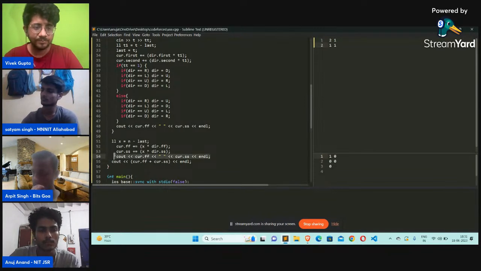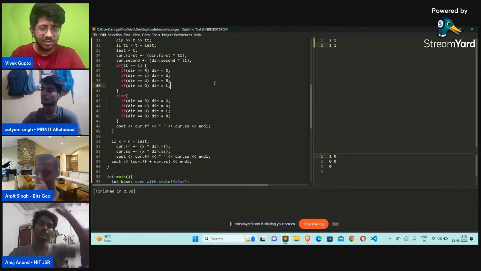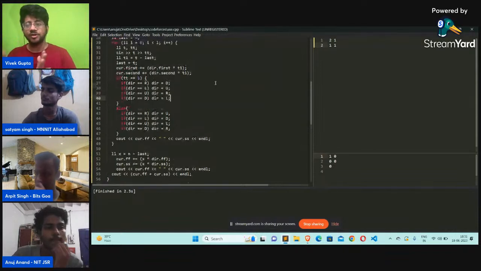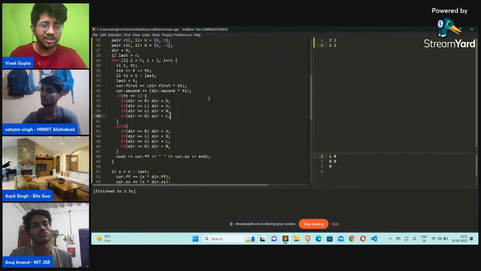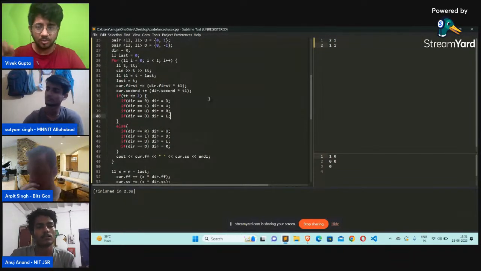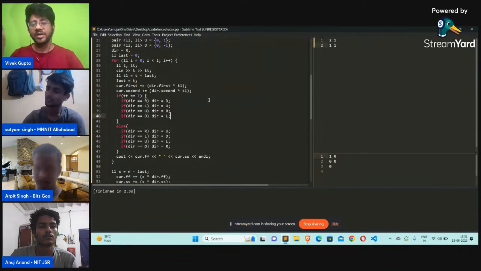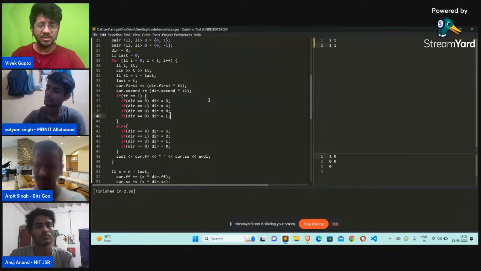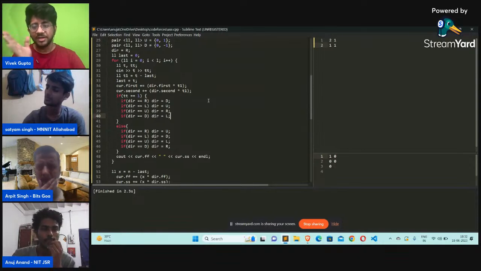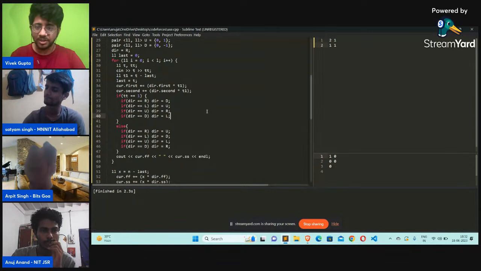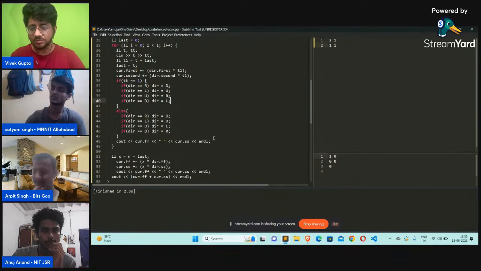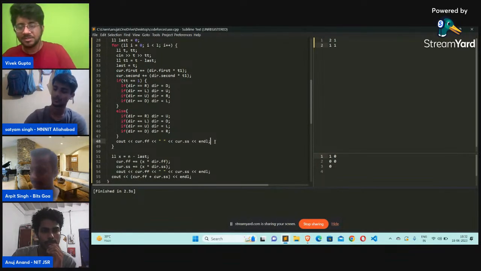So n minus last is the amount of time into the directions, first direction, second direction. That is nothing but, if you are moving on the x-axis, you will move 1,0. This is basically the standard way you maintain things. If you are moving to the right side, this is how you keep moving forward and how much change will happen in the x coordinate and y coordinate. That is what he is maintaining in the code. Is this clear to everyone?